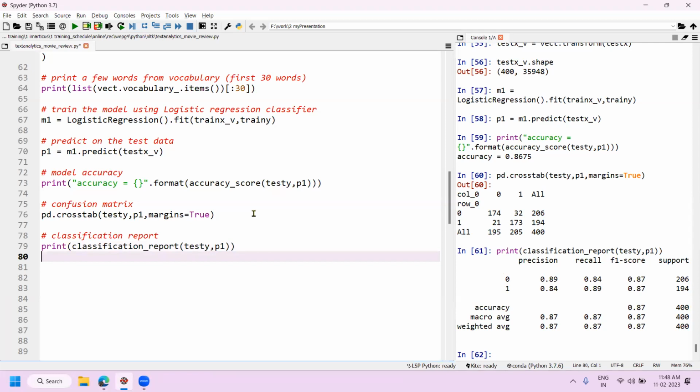Test X vector है ना. Transform, doesn't fit transform. Test X को फिर ट्रांसफॉर्म, Y को ओनली ट्रांसफॉर्म।